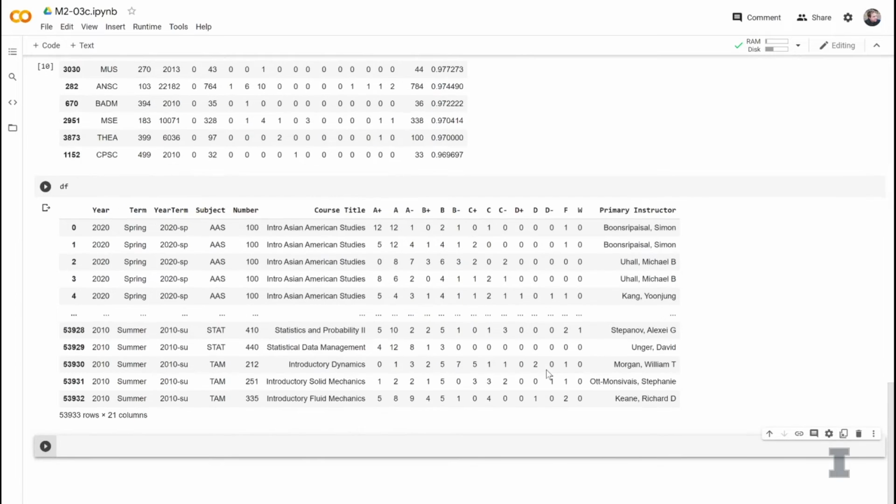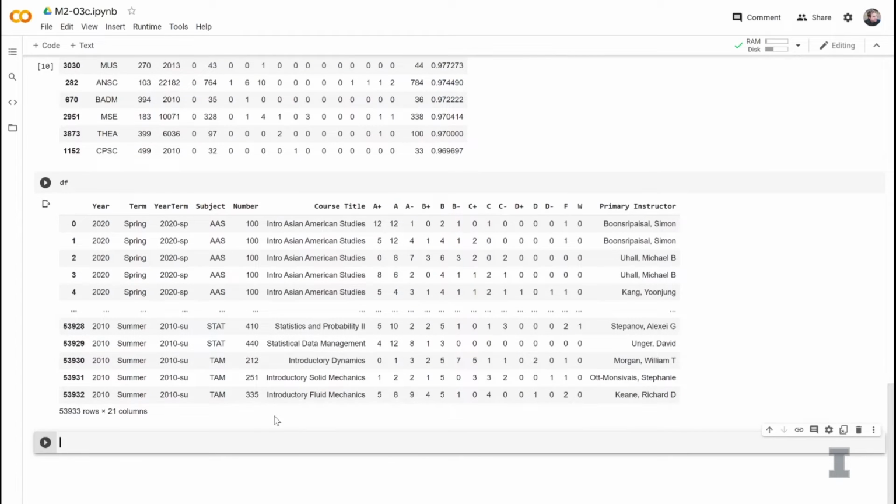So if I type df, I see the GPA data set, the original one. We've got a column named term, and we have a column named year. We have year, term, subject number, course title, all the grades, and then primary instructor.